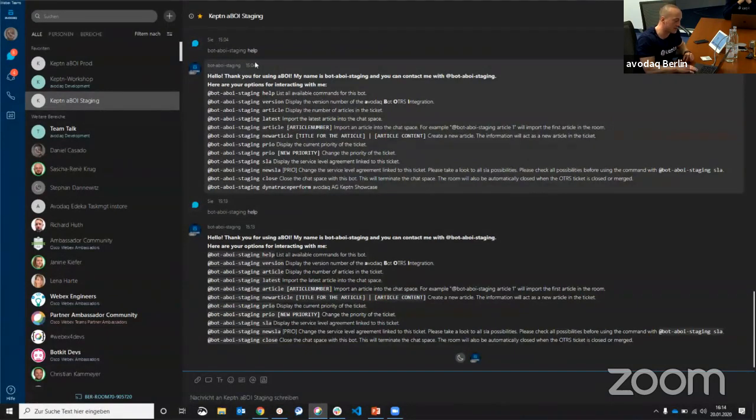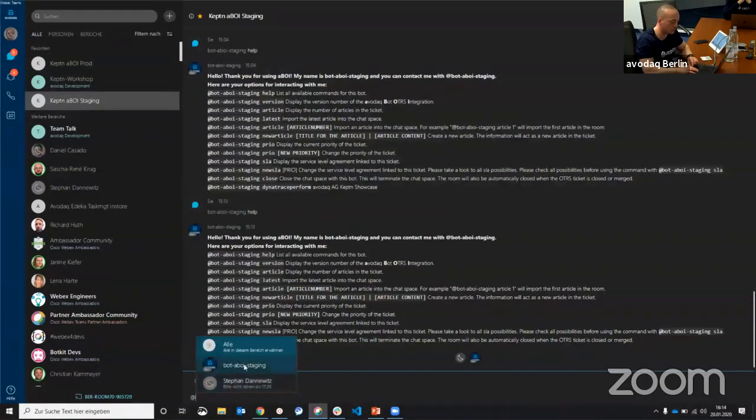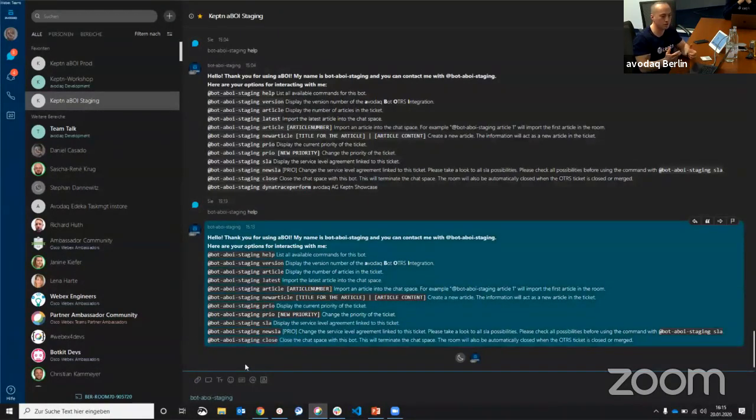And as you can see, we created 2 rooms for preparation. One room is with the staging environment, and one is with the production environment. And now I will show you. I will trigger the bot. The bot, of course, will send out messages automatically and create rooms if we have an incident with high priority. Right now, we don't have an incident with high priority, but we can check this as well because we provided a help, and it would be possible to trigger the system even if we have no high priority case going on in the background.